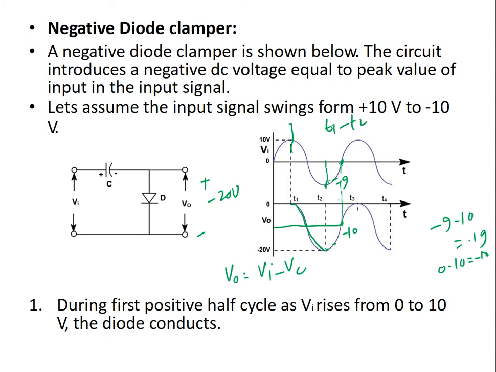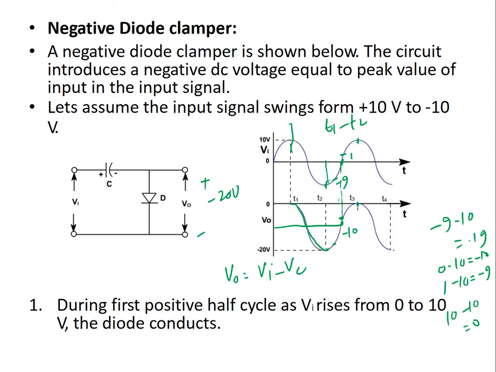Now the positive cycle is starting. Now for the positive cycle, what is actually happening here? So here I have minus 10 volts, so this is going to the positive side. So for example plus 1 here, so plus 1 minus 10, I will get minus 9 volt. I am here at minus 9 volt until I reach this point, 10 volt. So at 10 volt, this is my input, this is capacitor minus 10, I will get 0 volt here. And then again this cycle goes on.